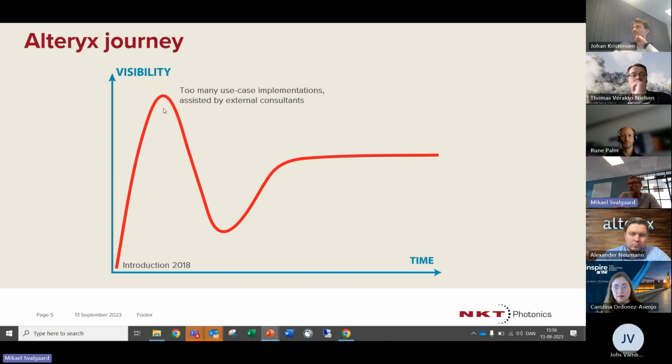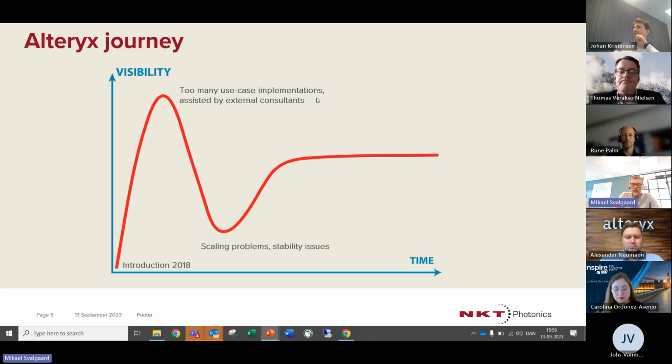Maybe also too fast, because suddenly we had a lot of use cases running which no one in the company really had made. So when things stopped working, we suddenly said, well, wait a minute, who made this? And maybe even the people at Inviso/Devo team have moved on. So we suddenly had a very large base of workflows and use cases running, more than we could actually manage.